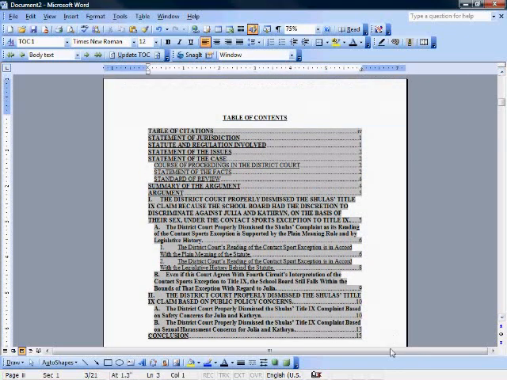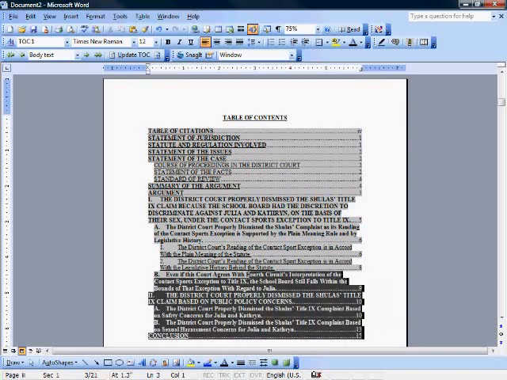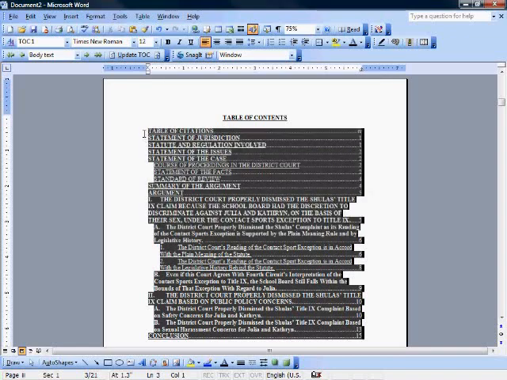Now, the next piece of this is how to format it properly for the Table of Contents section. We're not to have any type of bold or underlining or anything like that in this section. So here's how we format it from this point. Go ahead and highlight the Table of Contents section,